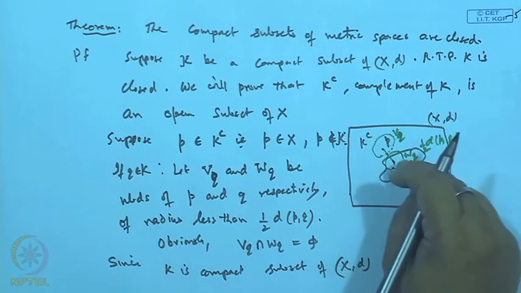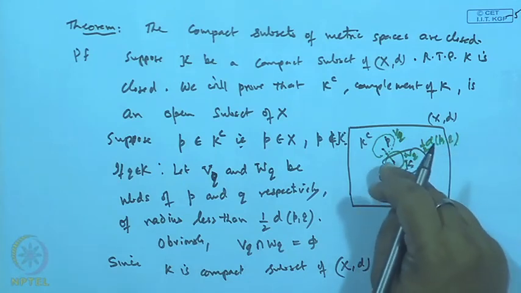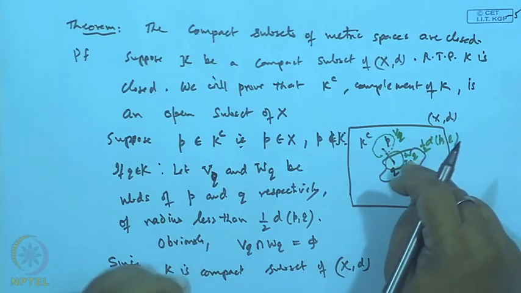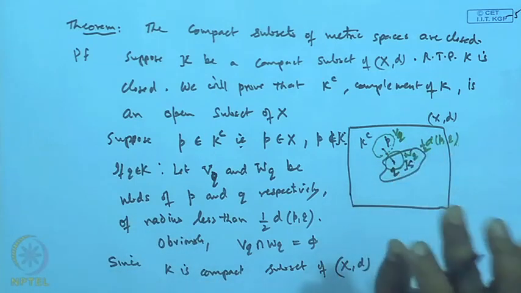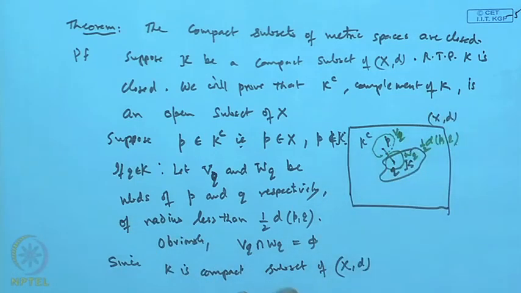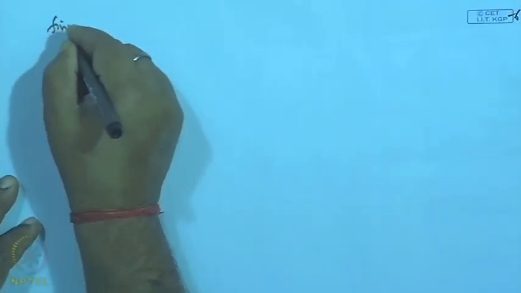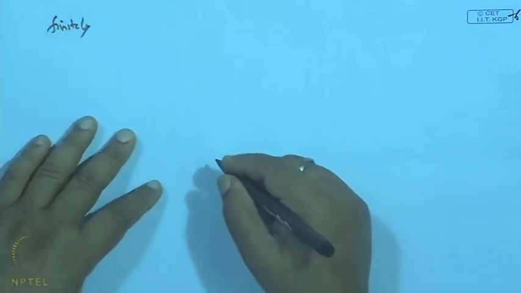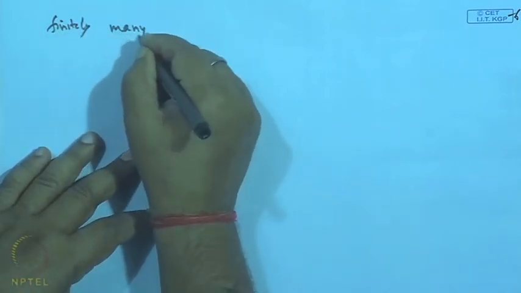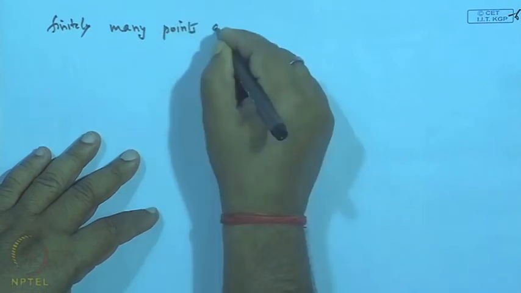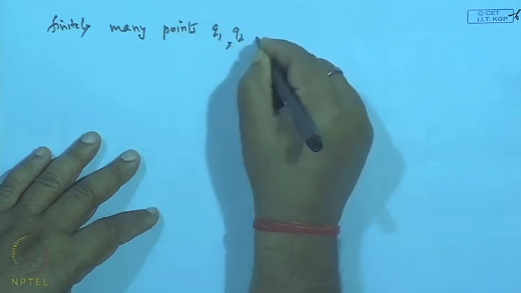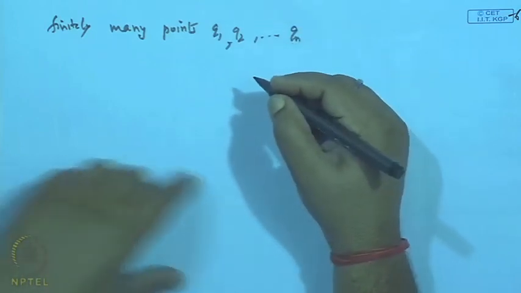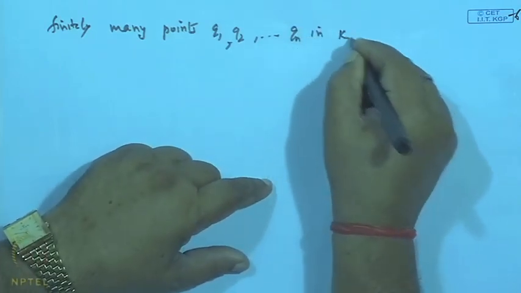So, there are points q 1, q 2, up to q n, a finite number of open balls, sufficient to cover K. So, there are finitely many points, say q 1, q 2, up to q n in K, such that